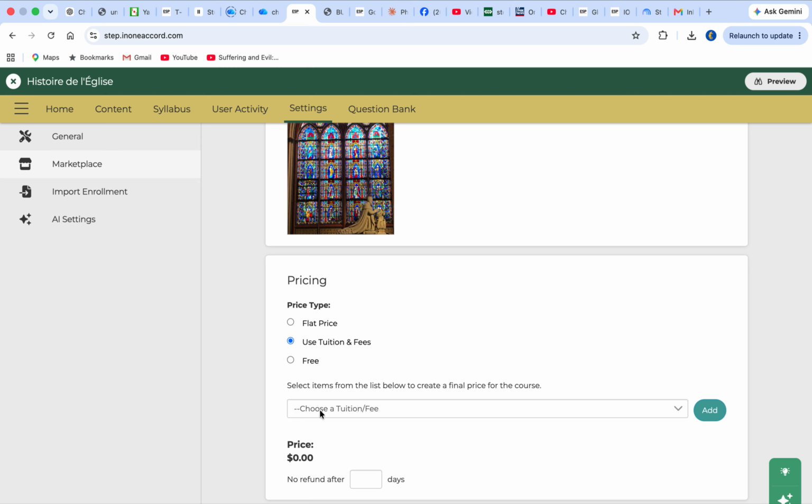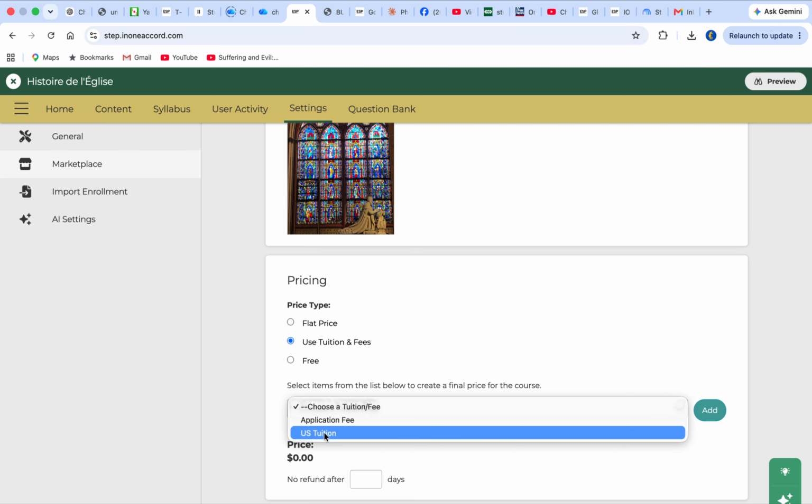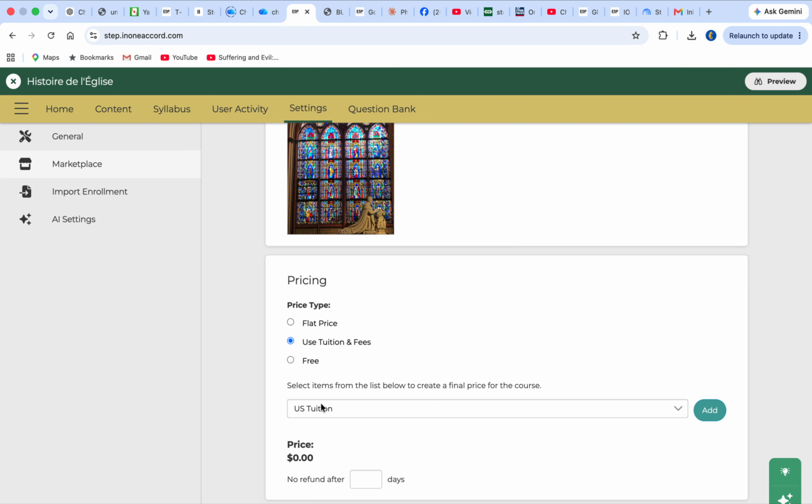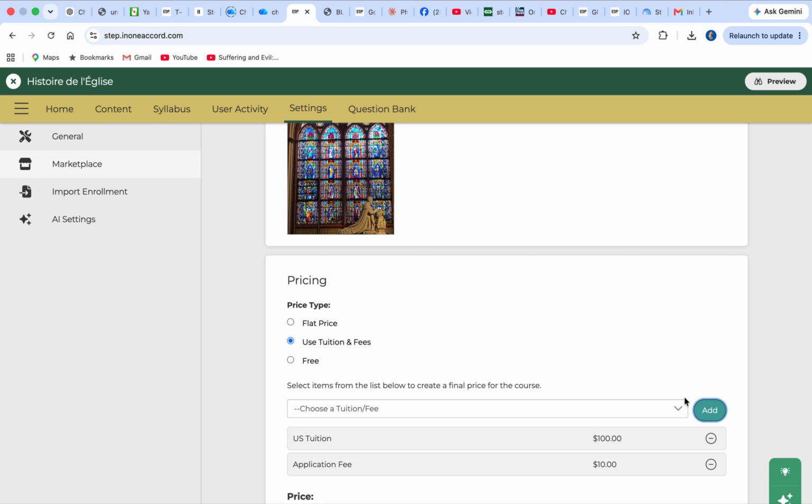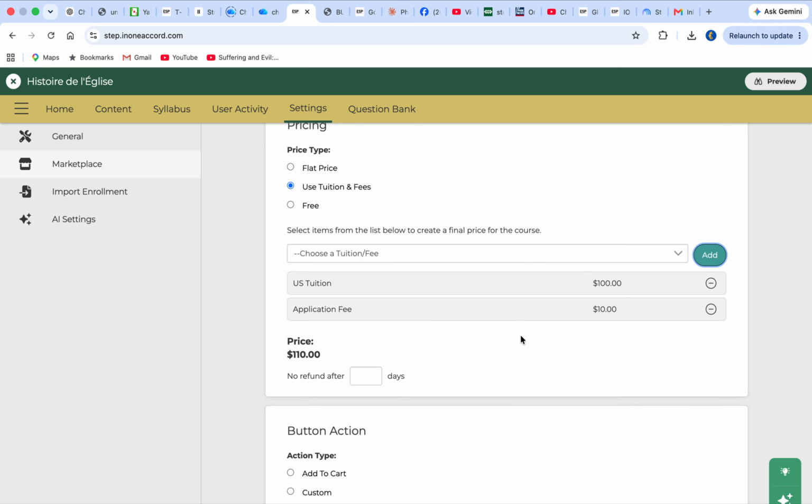Let's use our tuition and fees. And we just filled in, I'm going to use US tuition. But I can add another fee. I want to add that this has an application fee with it as well. So I can add both of those. So now when you see this, it's going to have both of those